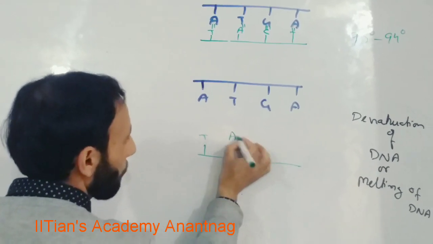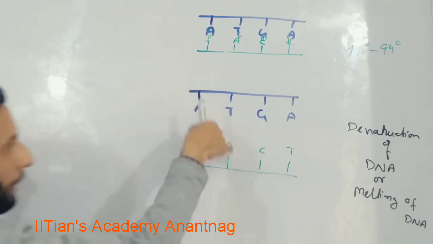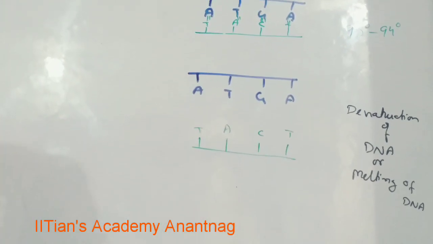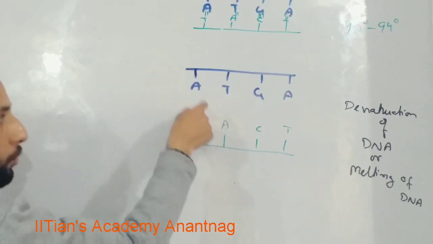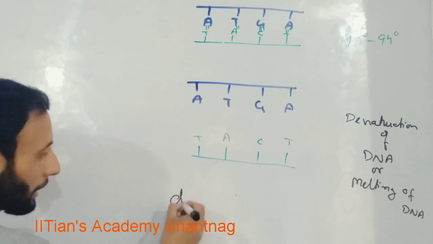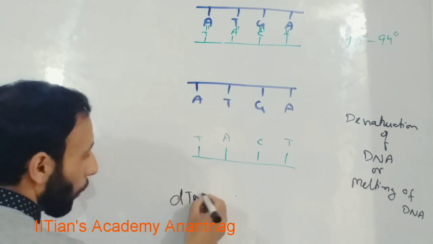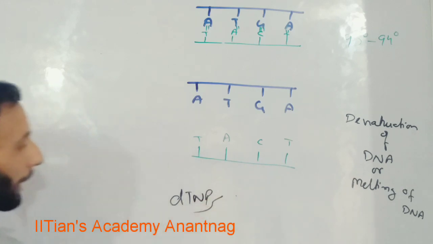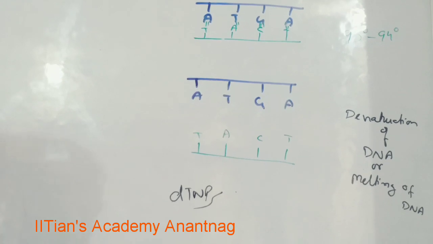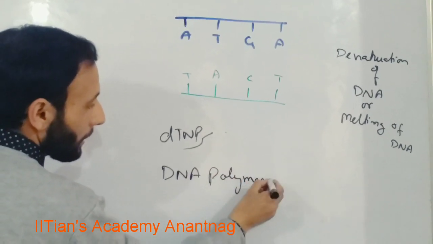Here, suppose these are our two separated strands of DNA. Now, if we are able to add the raw materials, that is deoxynucleotide triphosphates, to this solution, and add DNA polymerase,